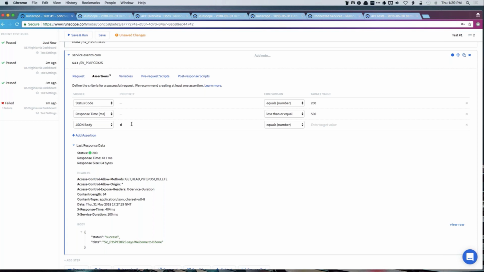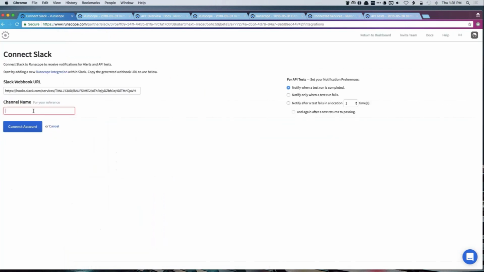So if I go ahead and do connect Slack, this brings me into the interface to add a Slack integration. On the Slack side, I've already chosen to add a Runscope integration. And what I get when I do that is a URL. I can just paste that URL in here. And then I can specify when I want to get notifications. Now, I could be notified every time a test run's completed, but the whole idea of API monitoring in general is to let you know when something's wrong. So I want to set this up so I'm just notified when a test run fails. If I go ahead and do connect account here,